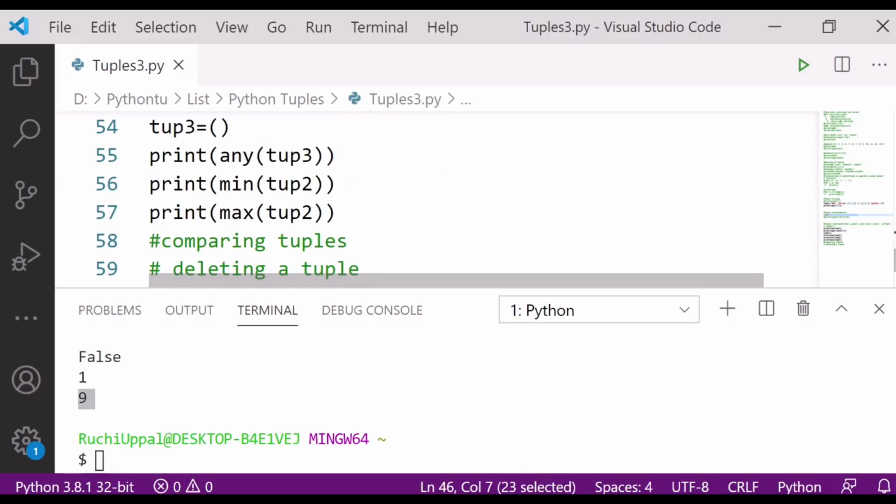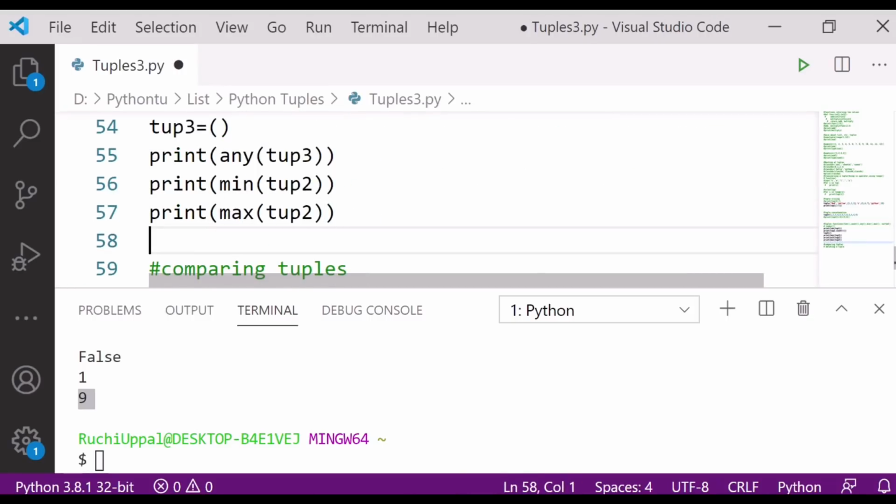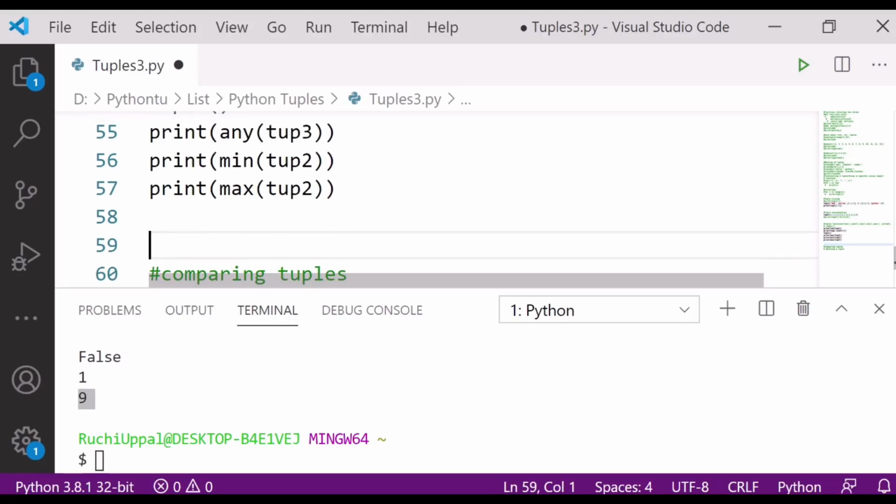Next is sorted. It is used to sort the elements of a tuple. It returns a list after sorting. So let's create the next value here. Tuple 4 is equal to, I am simply writing here 10, 100, random values, 30, 56, something.